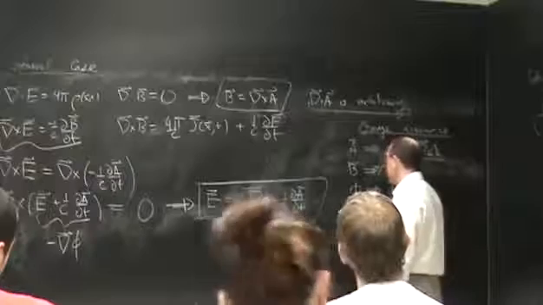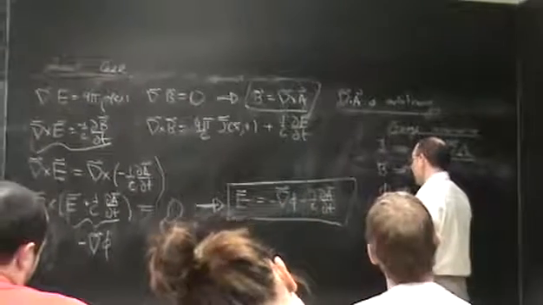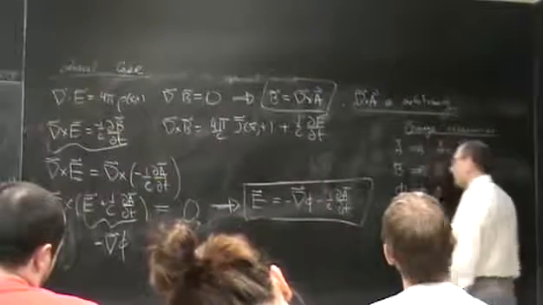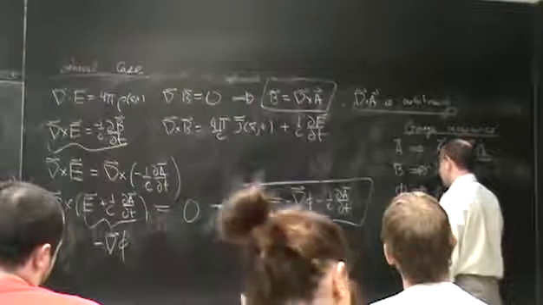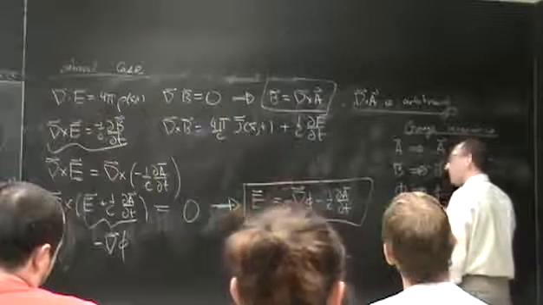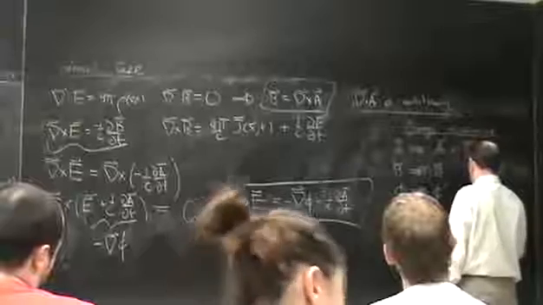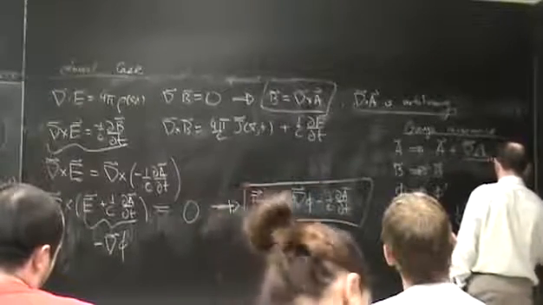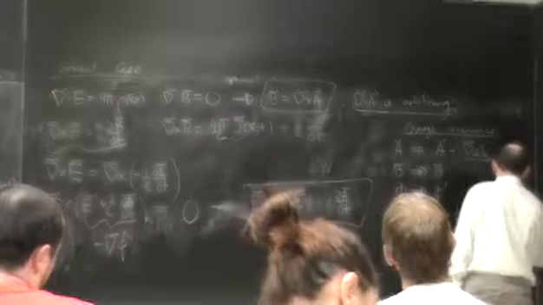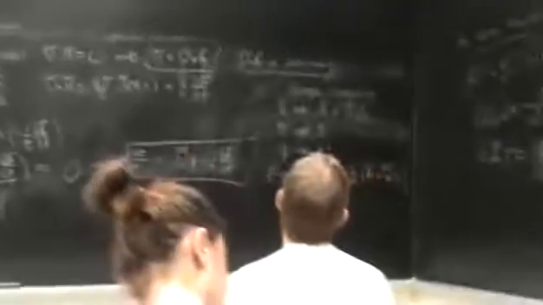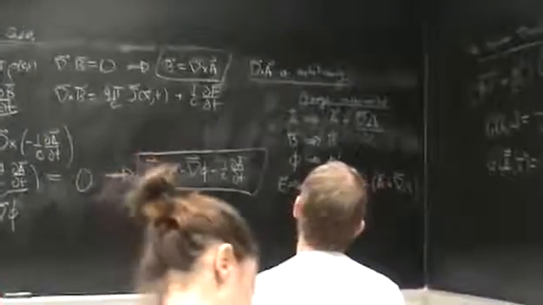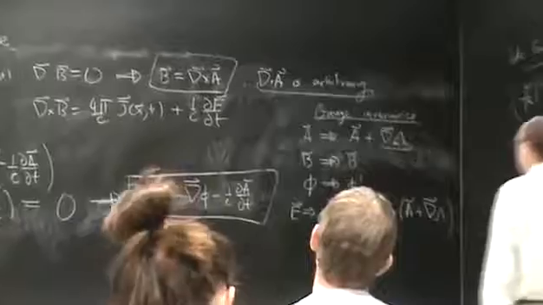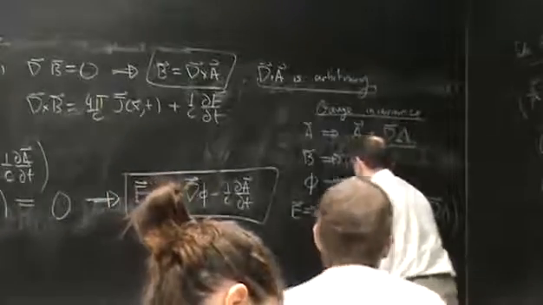In fact, we can see what phi prime must be, because if E is equal to minus, or goes to minus the gradient of phi prime, d by dt A plus the grad of lambda under a gauge transformation. If A changes by that amount, and phi is some new phi, well, this then is equal to